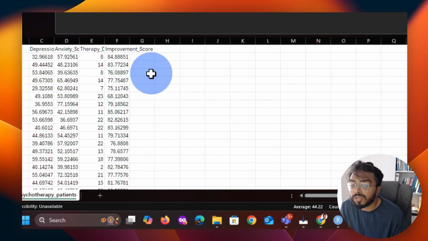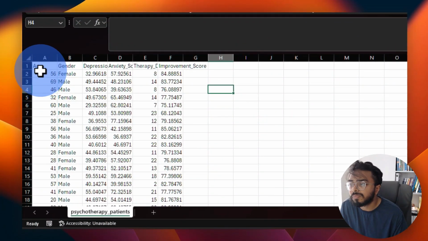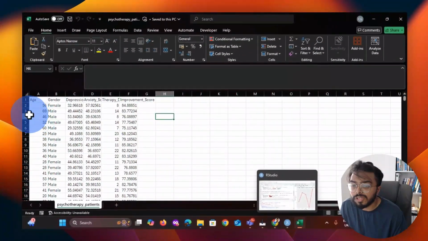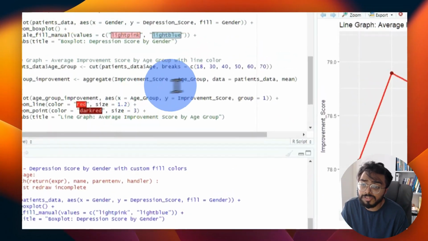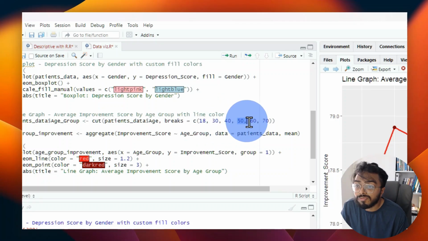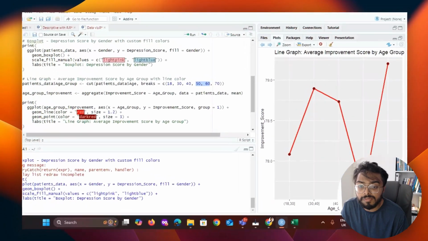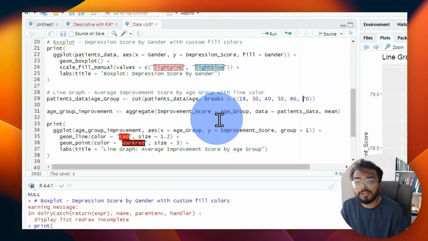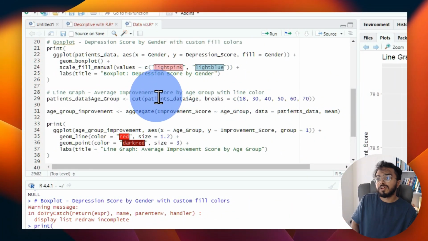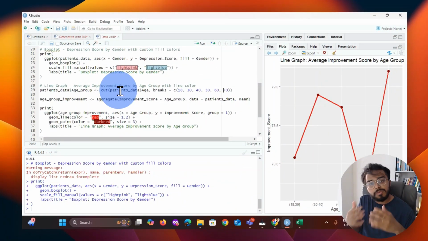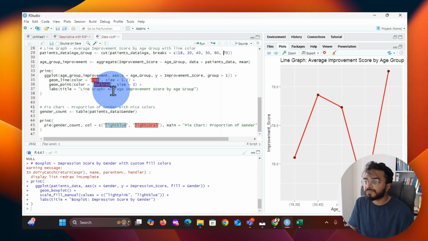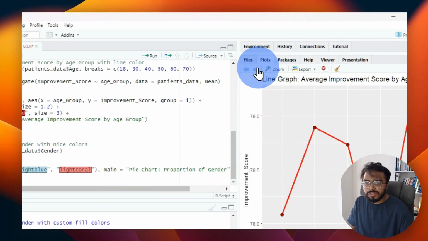Now what R is doing, and it's not showing you, but you'll get a pretty good sense of this. So this person has an age of 56. So R is putting this person into this box, 50 to 60. Okay, and likewise for the other people. So you can do this kind of conversion between variables. Maybe you have a numeric variable, you want to categorize it, then you can do that in this way. Okay, so that's